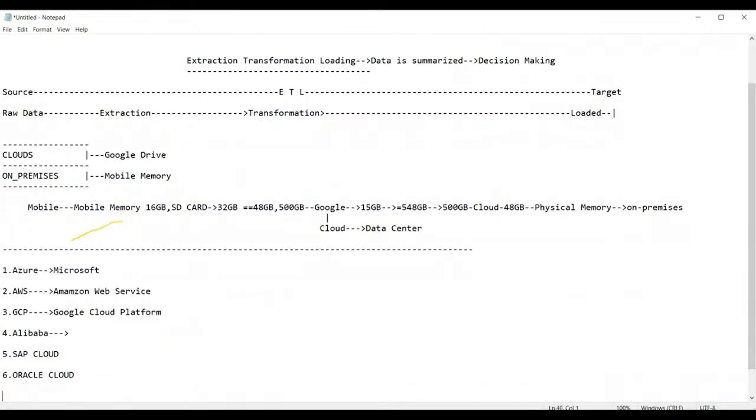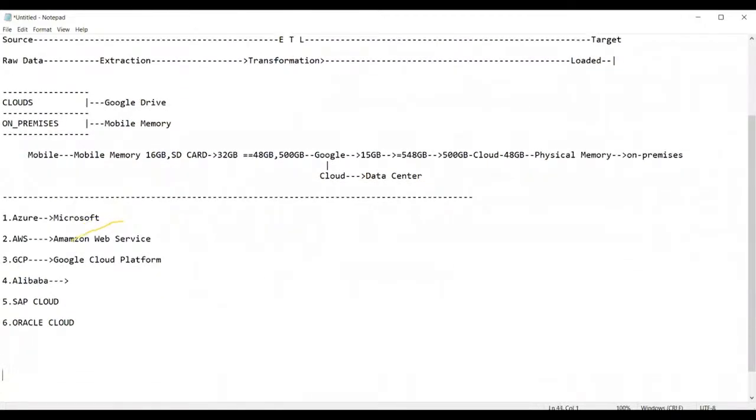So now, guys, these cloud services are basically classified or divided into three categories. What is that? The first one is called IaaS. IaaS means what, guys? IaaS stands for Infrastructure